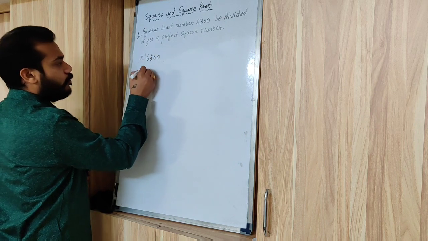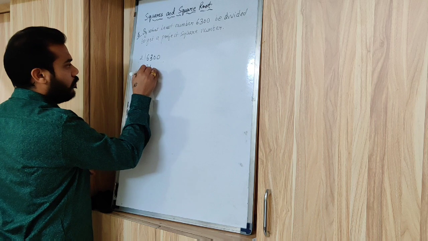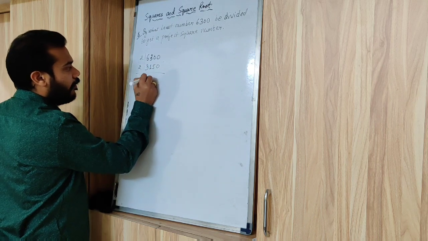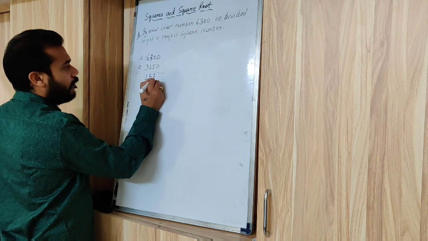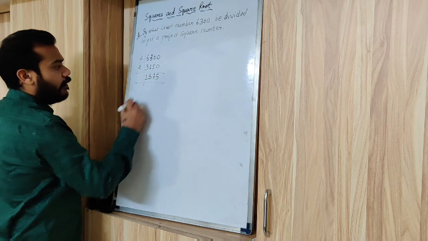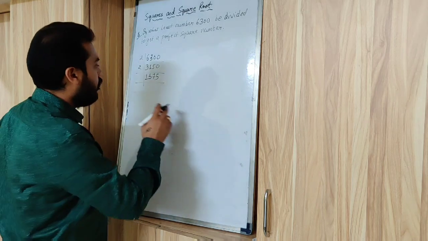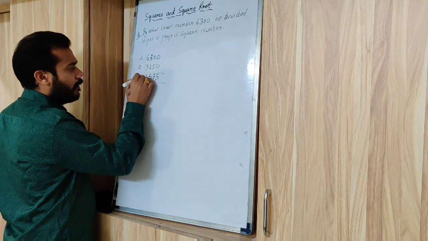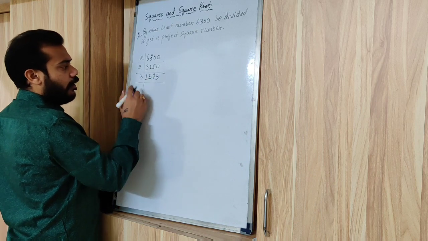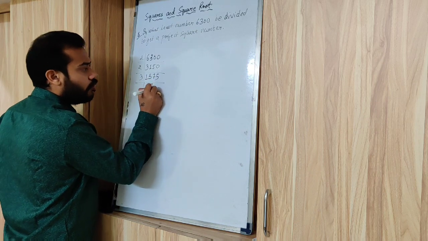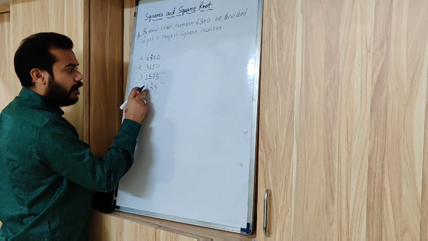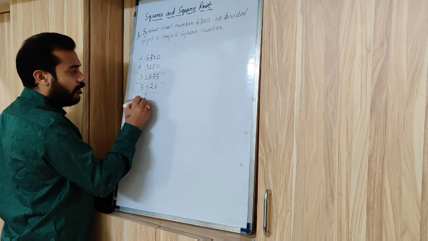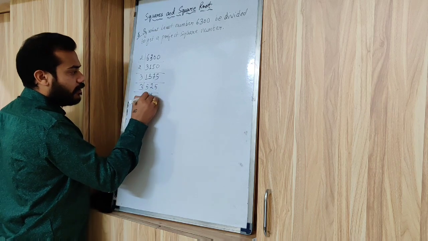It is divisible by 2. 2 3s are 6, 2 1s are 2, and 5s are 10 and 0s are 0. Again divisible by 2. 1, 5, 7, 5. Now it is not divisible by 2. Check for 3. 1 plus 5 is 6, plus 12, 18. It is divisible by 3. 5 3s are 15, 2 3s are 6, and again 5 3s are 15. 5 plus 5, 10 plus 2, 12. Again divisible by 3. 1 3 is 3, 2 remaining, then 7 3s are 21.